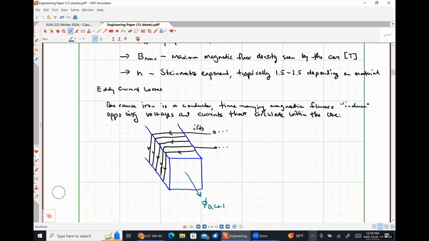Have you guys heard of a thing called Faraday's law of induction before? Okay. And have you heard of a thing called Lenz's law? Okay. So what does Faraday's law of induction tell us? Anytime that we have a time-varying magnetic field, we induce voltages and currents in a system, right? Lenz's law tells us that these induced voltages and currents occur such that they're trying to keep the flux constant,